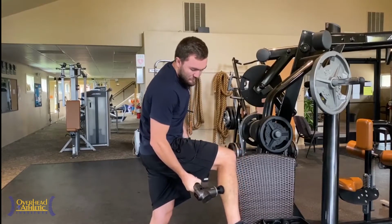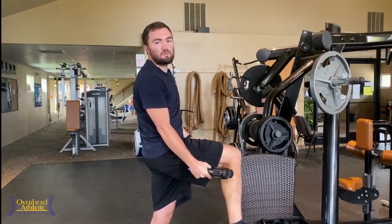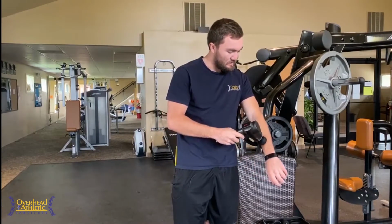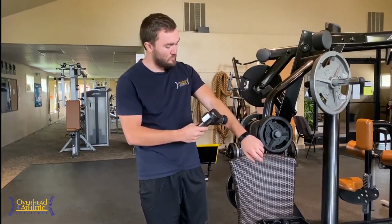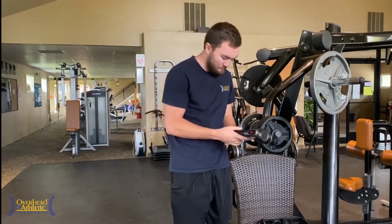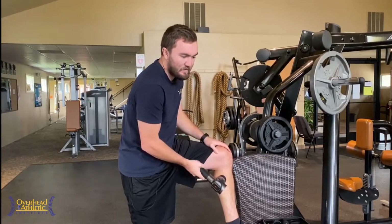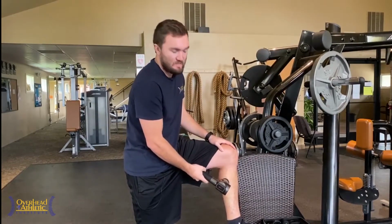And so we've done these videos recently, mini percussion guns, and so we've kind of got the question of, well, when do you use a massage gun and when do you advocate a massage gun be used with your athletes? And so whenever we're dealing with one of these massage guns, we know that there's a perfusion of blood flow or interstitial fluids. So there's fluids that we have sitting between the muscle fibers, between muscles, and we're distributing that a little more evenly, but we're also activating some nerve fibers that are primarily carrying stimulus that's